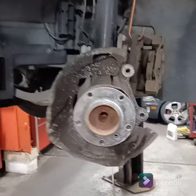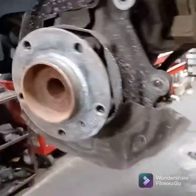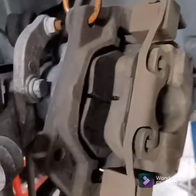I'm replacing the wheel bearing on a 2002 BMW 525i. Pretty simple job. Pulled the rotor, pulled the caliper. Just pulled the caliper altogether. Didn't actually, just the big carrier bolts in the back, so I could just hang it here without having to dismantle